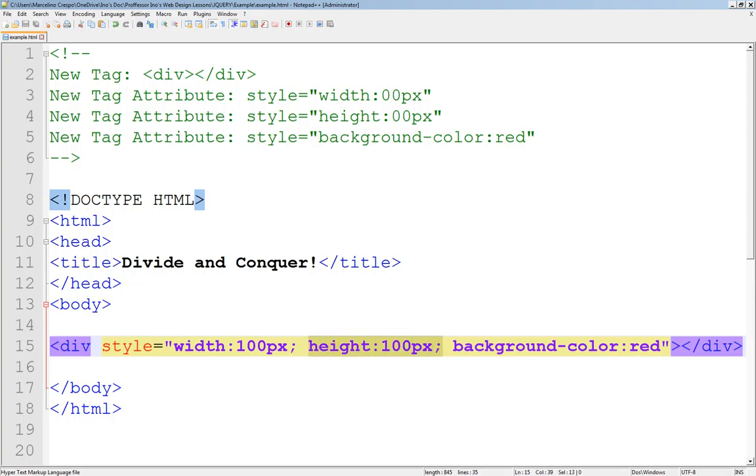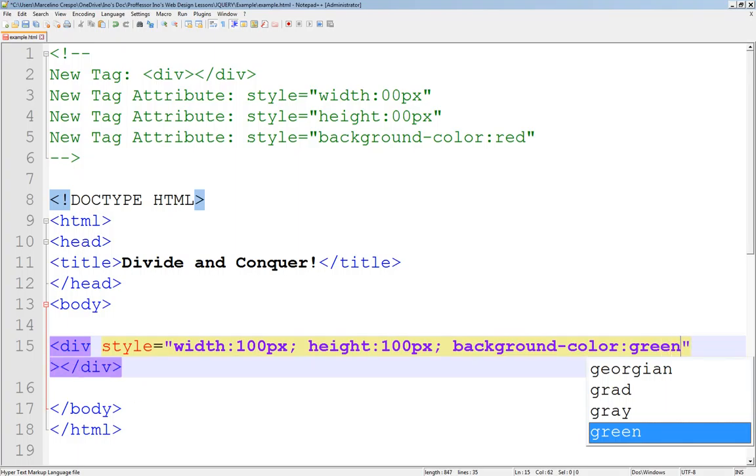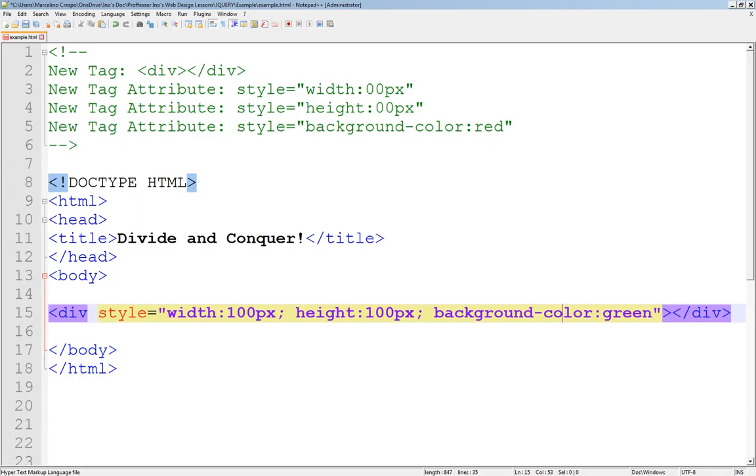Just put height right after, the same exact format, and then again, separated by a semicolon, background-color. And don't forget that little hyphen with a colon and red. We just decided to call it red. We can actually go ahead and make it green if you wanted to. And there we go. And if you wanted to see how that looked,